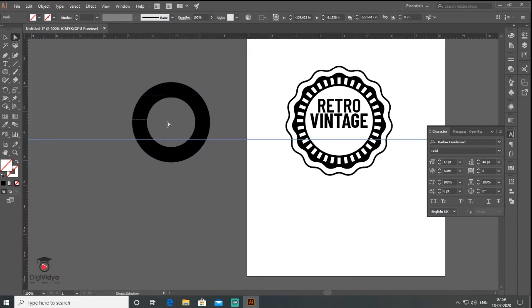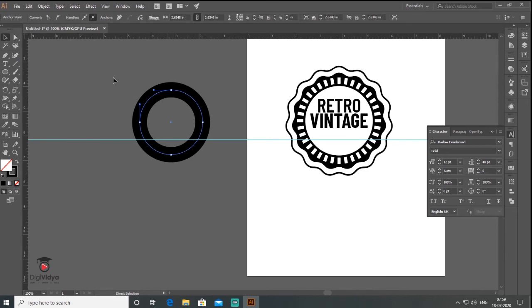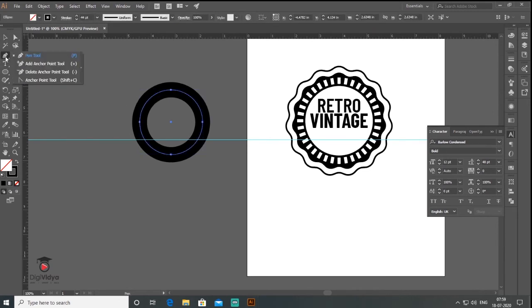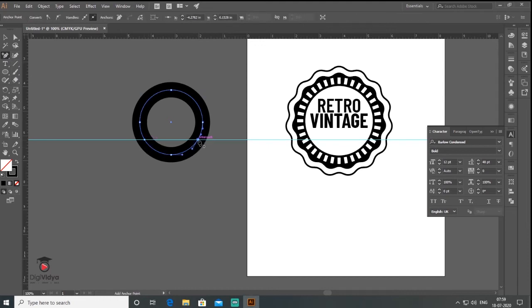Then I select the circle and click on add anchor point. I add an anchor point, one here and one here. Then I select the scissors tool where I'm adding, and here the option is called cut path, and here also I select cut path, right?